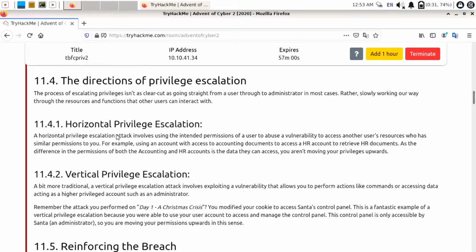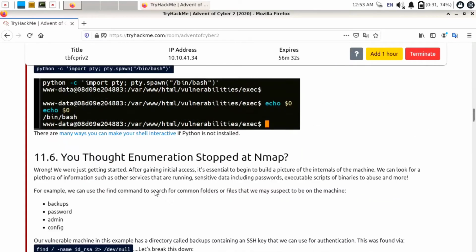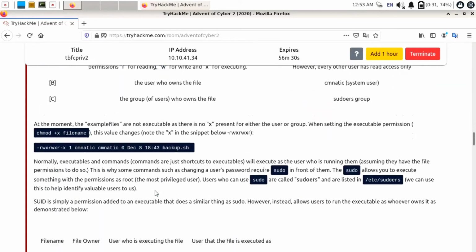A horizontal privilege escalation attack involves using the intended permission of a user to abuse a vulnerability to access another user's resources who has similar permissions to you. Vertical privilege escalation is a bit more traditional. A vertical privilege escalation attack involves exploiting a vulnerability that allows the attacker to access data of higher privileged accounts such as administrator. So our answer will be vertical. It allows us to run commands as an administrator in vertical privilege escalation.